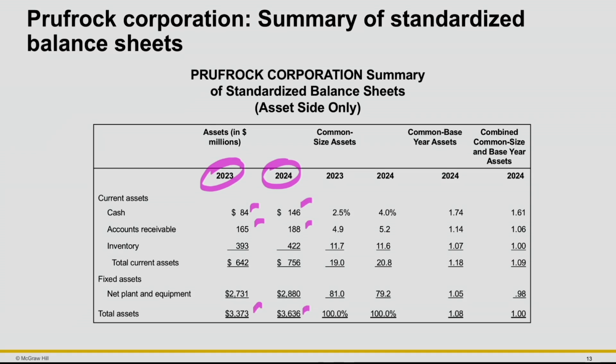Now, let's start with the cash first. If we were to take 84 million and divide that by the total assets of 3.373 billion,